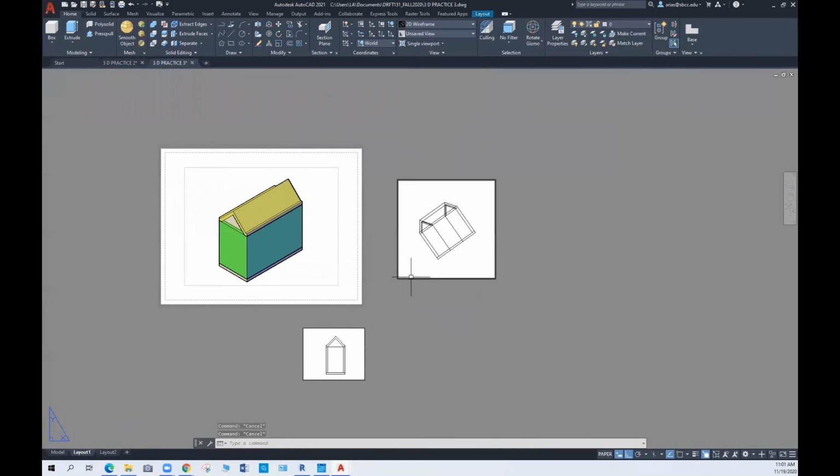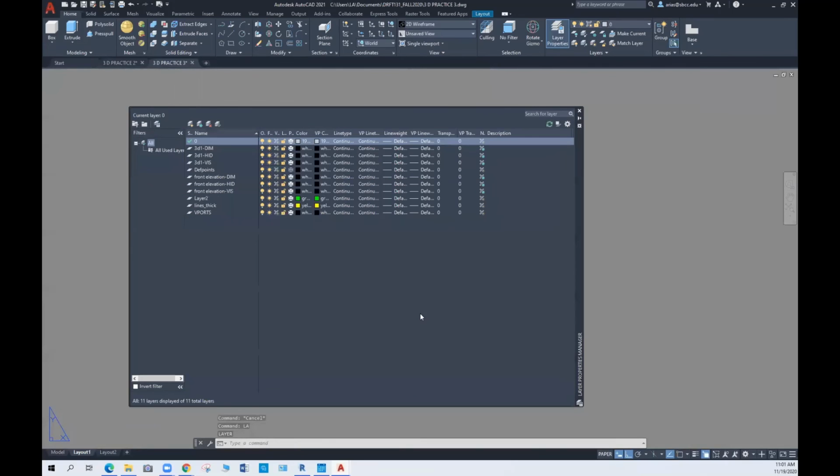So now that I created these two views, let's analyze the layers and see, when I applied Solid View, the program creates layers. And those three layers are visible lines, hidden lines, and dimensions. And so if I select the hidden line, for example,